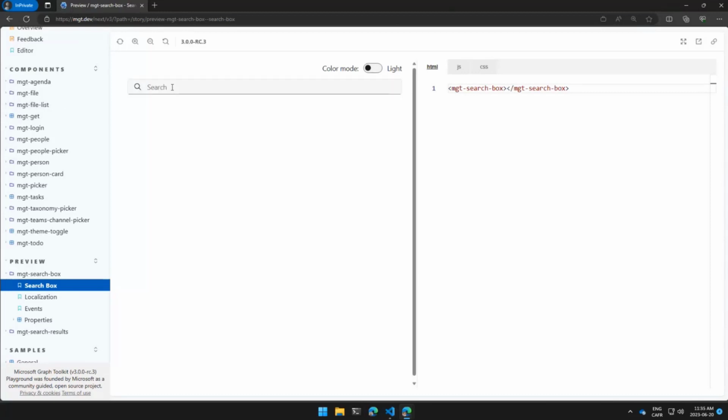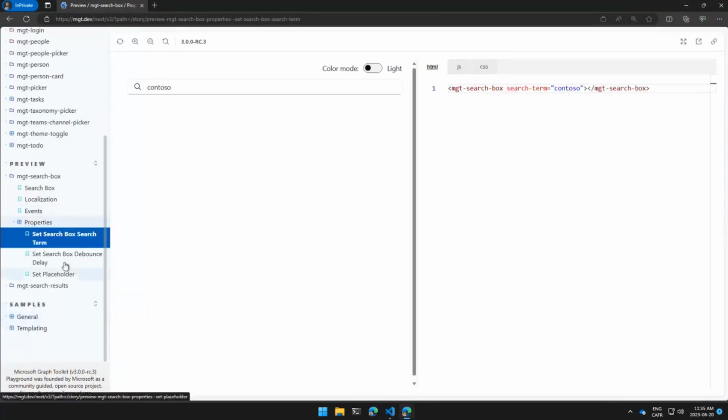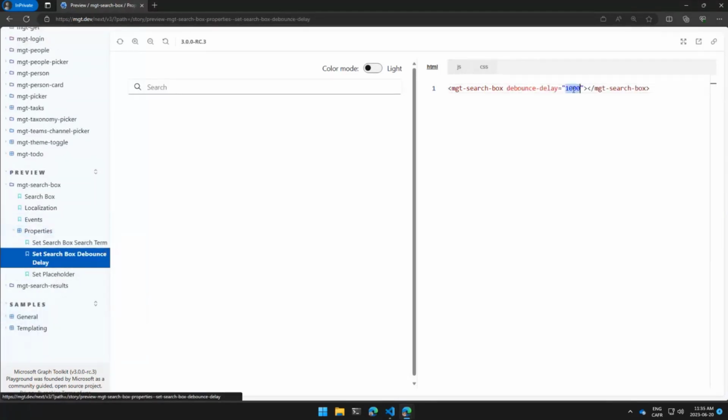So basically now it's just a search box that emits a search term. Somebody typed in something, here's the value. It's all controllable. So for example, I can go here and say, hey, I want the message to automatically be emitted after 1,000 milliseconds, so 1 second. So when you're thinking about some sort of autocomplete scenarios where you want to just type and not press enter, this also supports it.